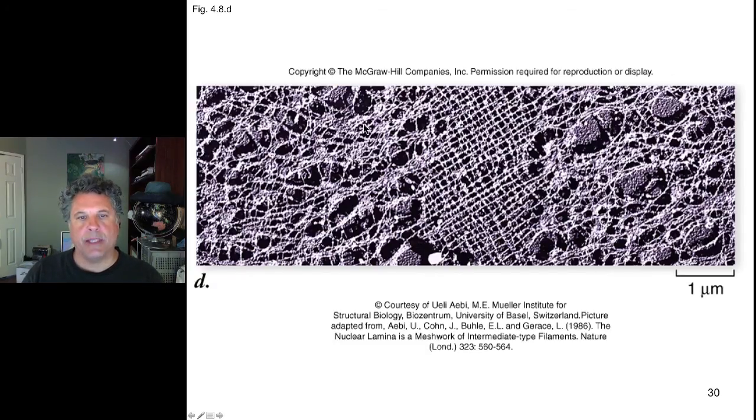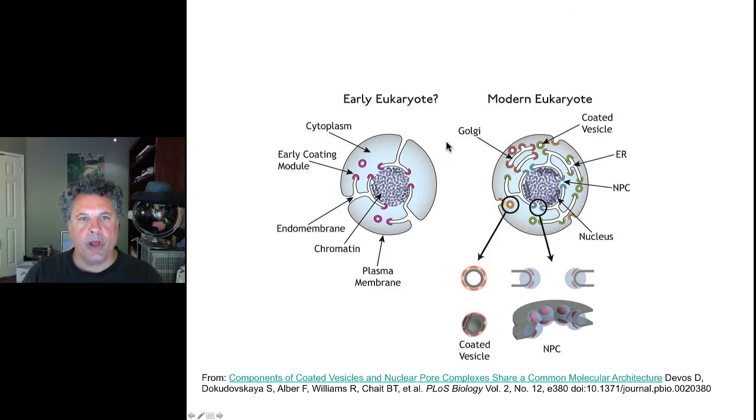Underneath the nuclear membrane, as I've said, is a meshwork of the protein lamin, which is an intermediate filament, part of the cytoskeletal class of proteins. And as I've said, that meshwork of lamin provides structure to the nucleus and is involved in the nuclear envelope breakdown in mitosis. All right, let's now consider the evolution of eukaryotic cells and focus at first on the evolution of the nucleus. So let's have a little diversion here and talk about that.